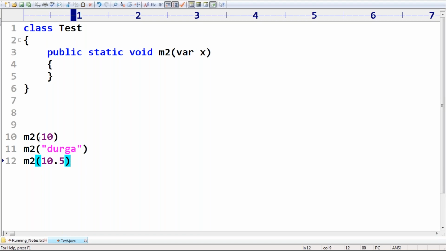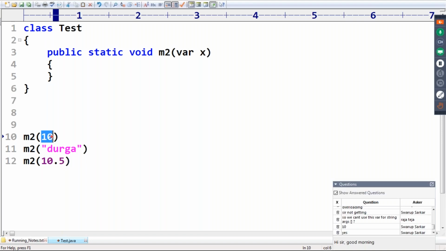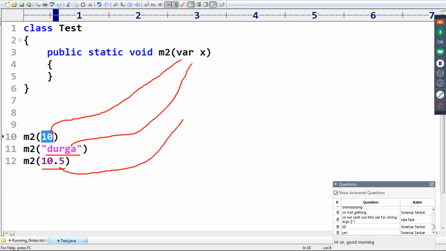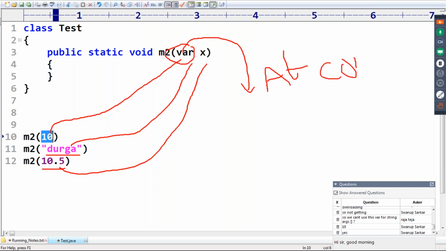Now observe this one. At runtime, you can pass any type of value. We don't know which type you are passing, but this var should be replaced by the type at compile time only. But at runtime, which values you are going to pass, I don't know.